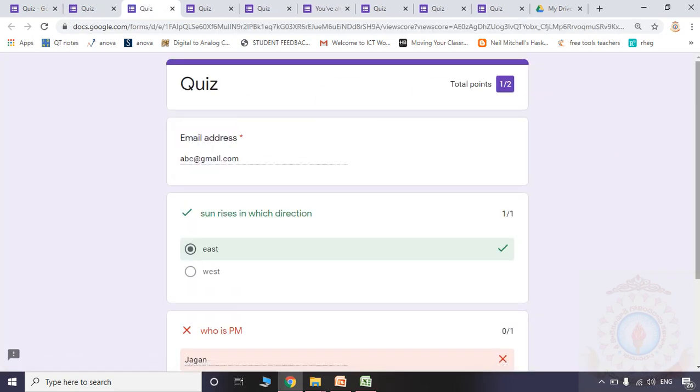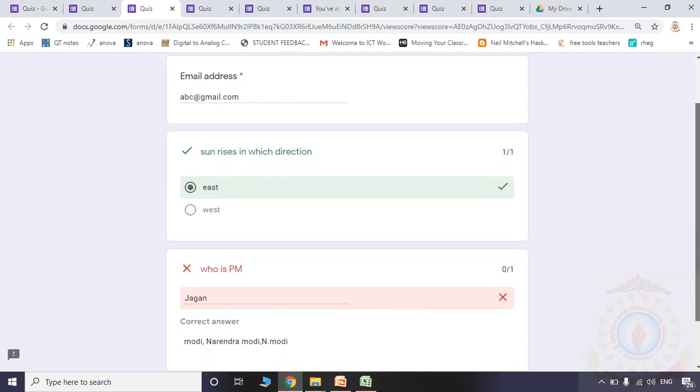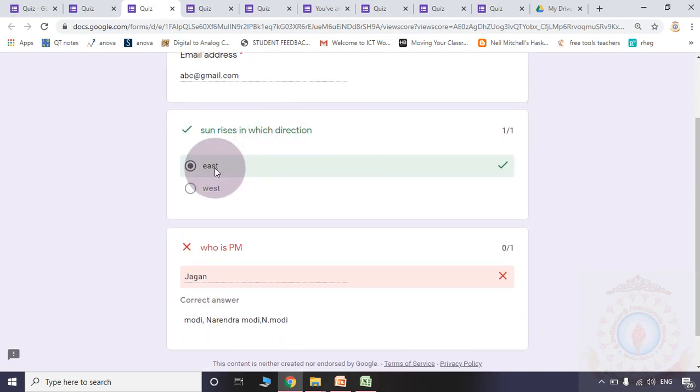See the score. Please observe, I am getting only 1 mark out of 2. For sun rises in which direction, I purposefully gave the correct answer. For who is our PM, I am supposed to give the answer Modi or Narendra Modi or N. Modi. But purposefully I typed Jagan to show you the demonstration. So that is a wrong answer, so 0 marks.